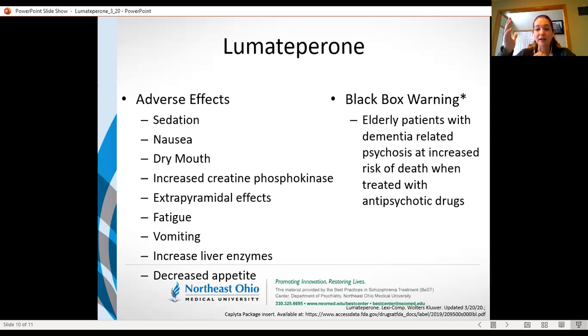As far as the black box warnings, I did put an asterisk here. This is a class warning that there is dementia-related psychosis. Patients that are treated with antipsychotic medications have an increased risk of death. But as I had mentioned, they are specifically looking at this medication for treatment of agitation in that population. So we may see that change over time, but since it's just listed as an antipsychotic, it does carry that